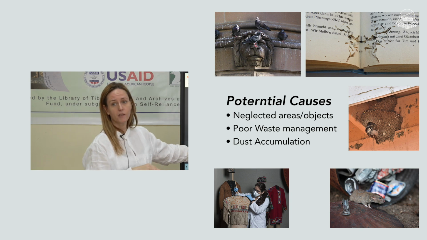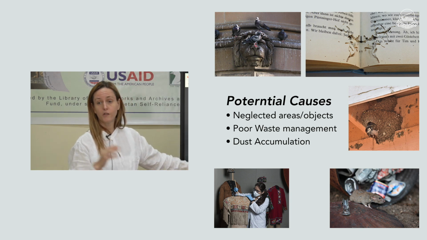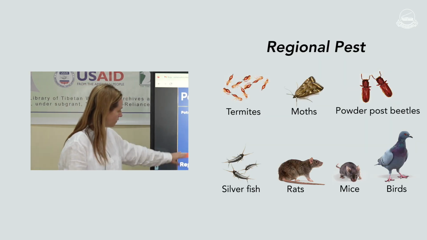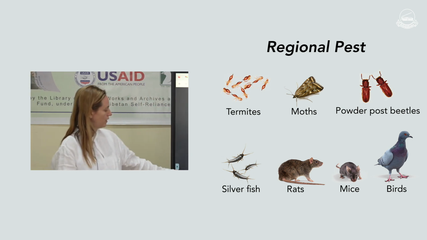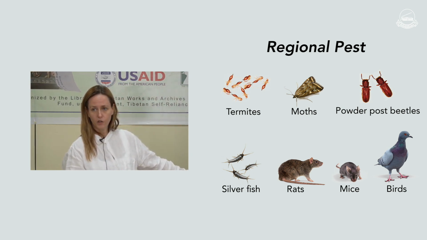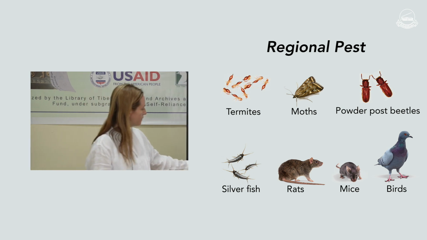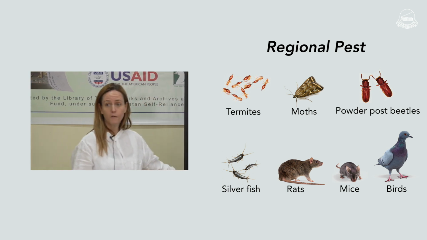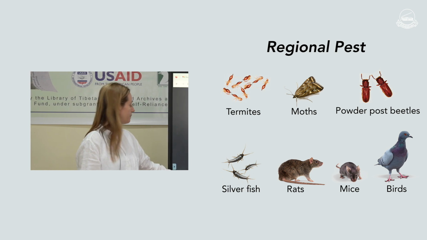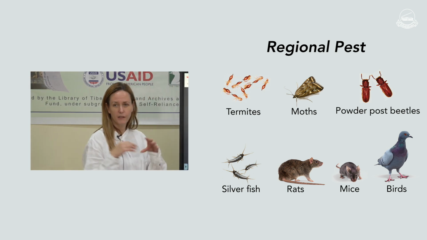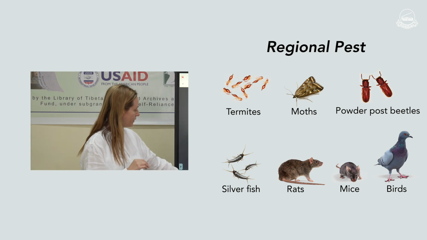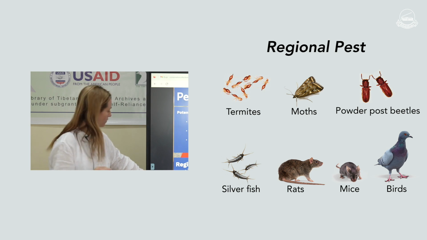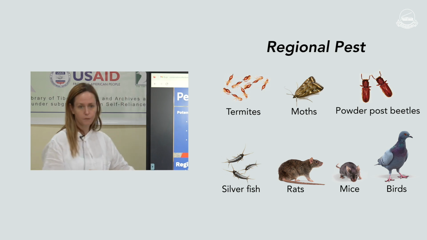We mentioned that pests also like dust, yeah? So does mold, all right? You have regional pests. These are pests from different regions, tropical, temperate. They have different types of pests. So maybe you have some termites here. Maybe you have moths, but what types of moths? Maybe this is a powder post beetle, they like wood, so it might not necessarily be here. We know we definitely have silverfish. You have many different species of silverfish, and mice and different birds.